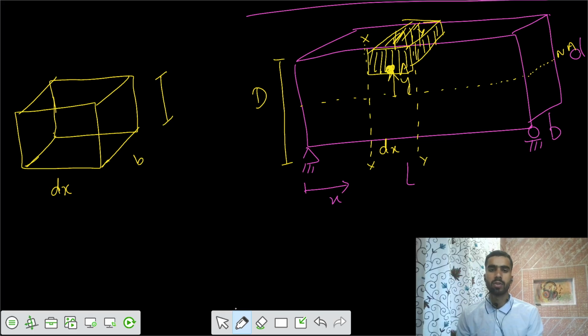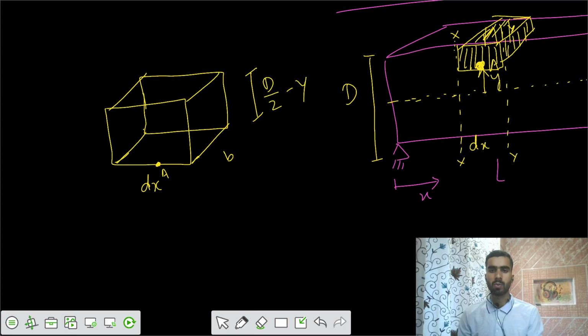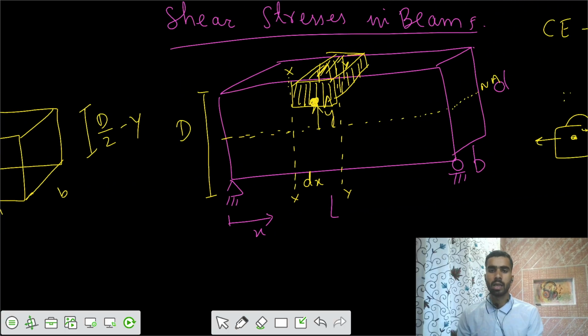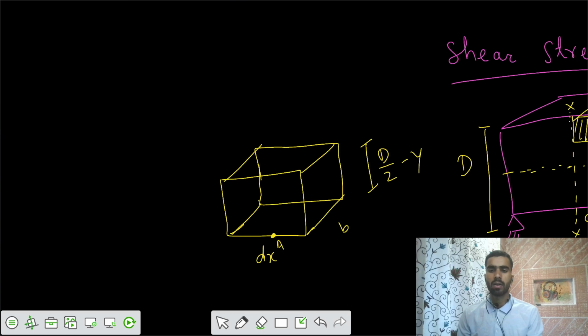This depth is equal to d by 2 minus y, because the neutral axis is at the centroidal axis, so we'd say d by 2 minus y. So this is point A. Now we want to say what is happening at this point. There should be equilibrium of forces on this element. Now if you want to say how the forces have come here,